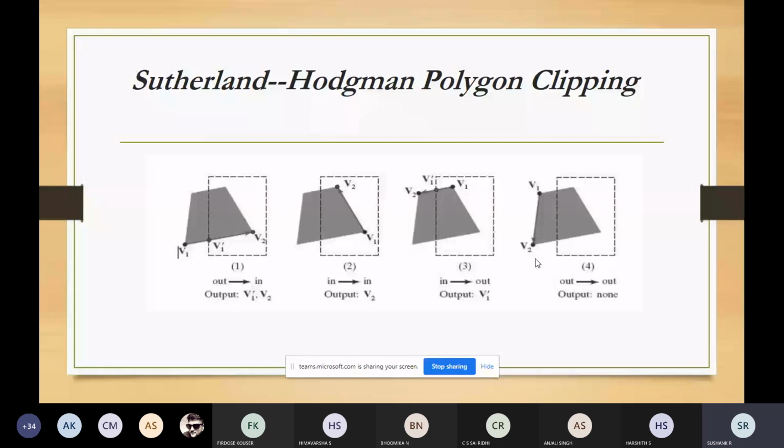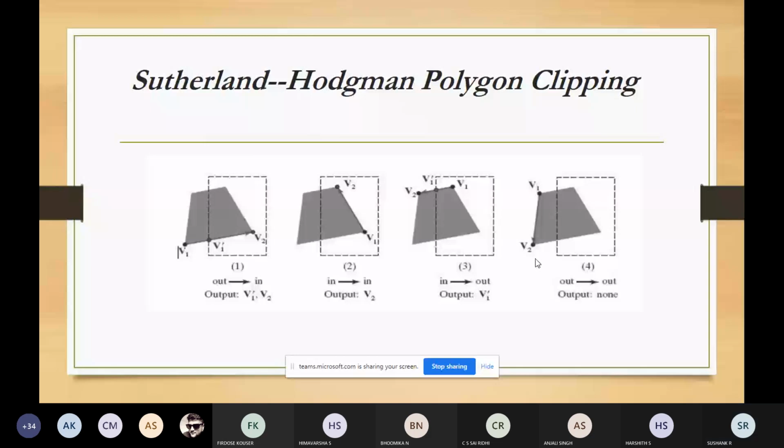This Sutherland Hodgman algorithm will process concave polygons when the clipped fill area can be described within a single vertex list. Here also, the main approach used in this algorithm is to send the endpoints of a line for a polygon, like the successive endpoints for the line will be passed. See, one thing is here, this is a polygon.